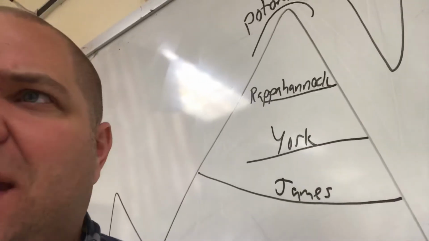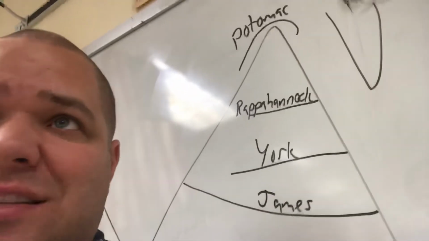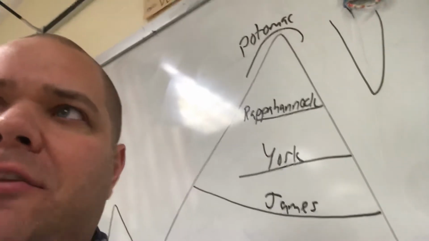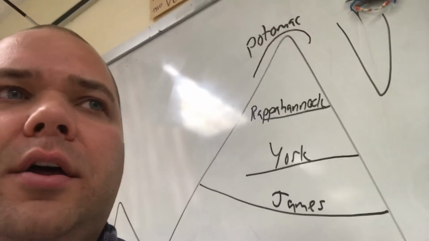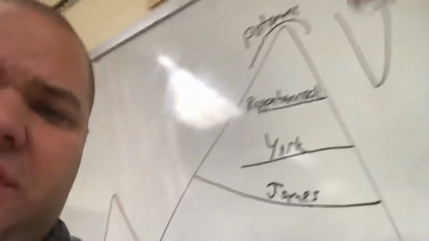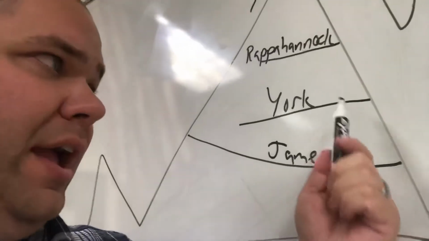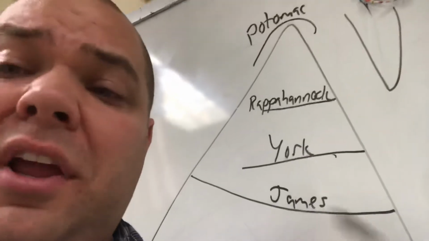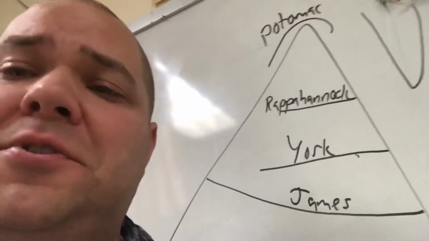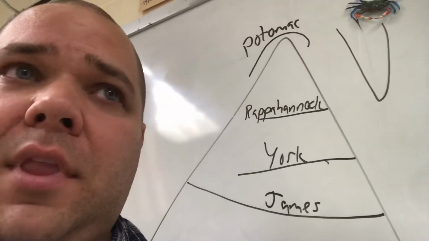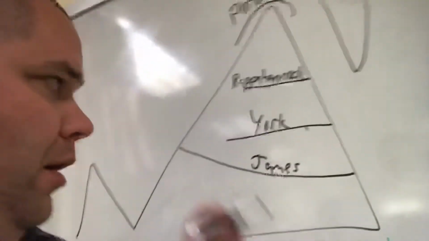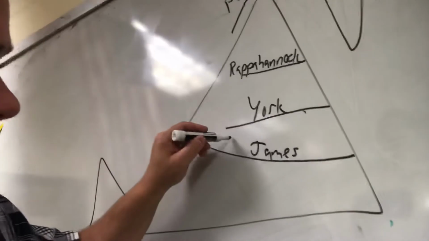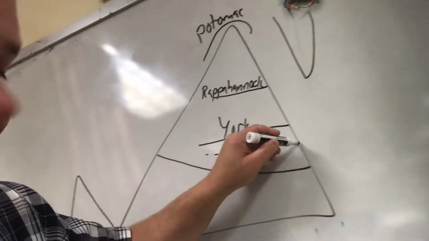Crazy thing is that my cousin's house, I could go to the end of my street and see her backyard. I know that sounds creepy, but she is in the James River watershed, this one right here, whereas my house is in the York River watershed. When I used to live in my old house, which was 45 minutes away, I was still in the York River watershed. Now, what I'm talking about is this little imaginary dotted line right here,